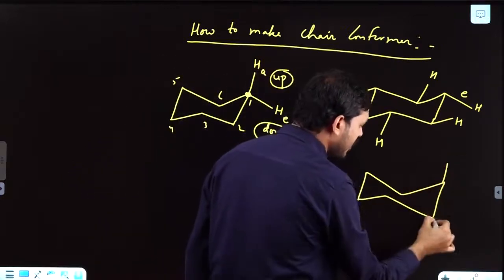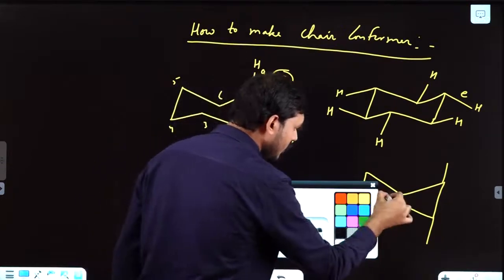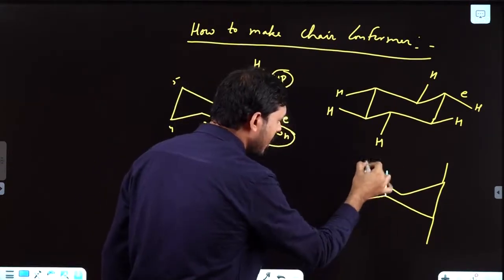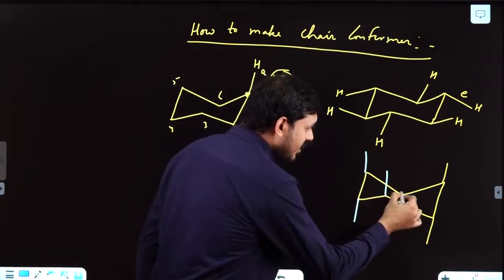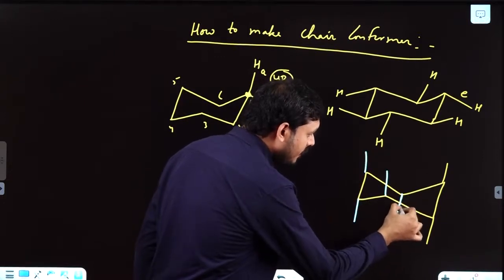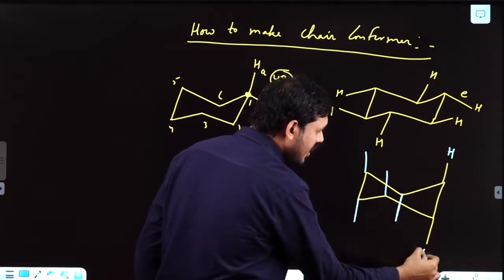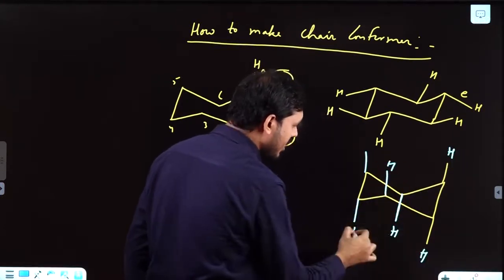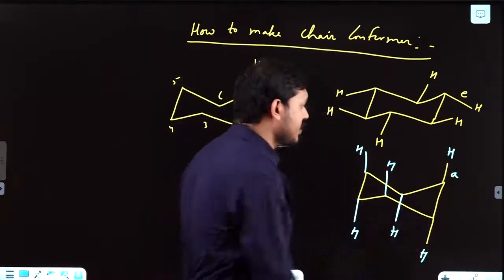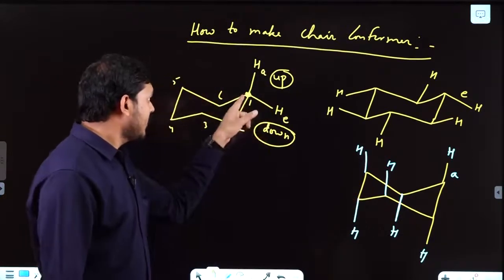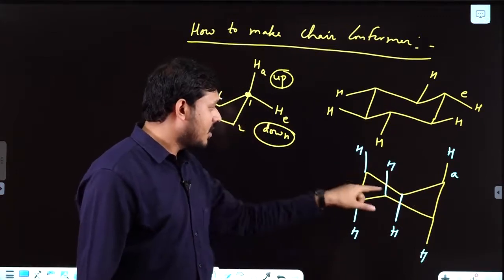So this is your up, down, up, down, up, down. In 3 dimension, when you observe, this is not crossing this carbon, this is actually different. This atom is this side. So you are having this hydrogen here, H, H, H, H, H, H, right? So you can now see these are all axial positions. So again I am repeating, start from upside, up, down, up, down, up, down.